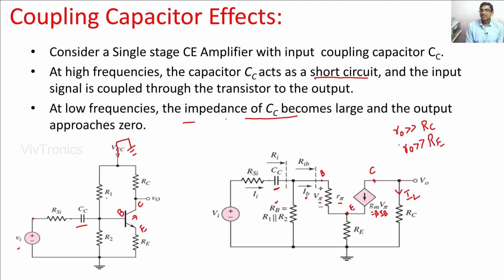Therefore, the large resistance in parallel with the small resistance, the resultant will be equal to the small resistance only. Therefore, we can neglect the small signal output resistance R0 from the equivalent circuit. First, we will determine the frequency response using current voltage analysis. Thereafter, we are going to use the time constant analysis.